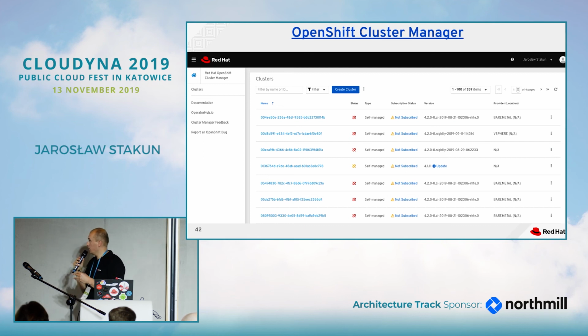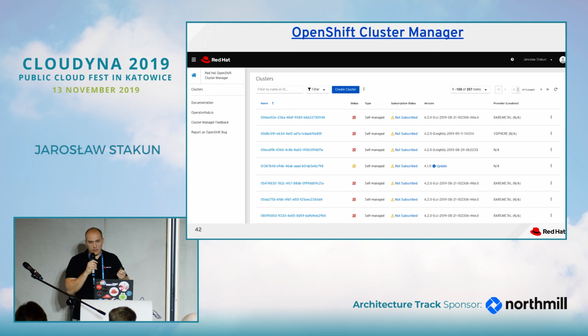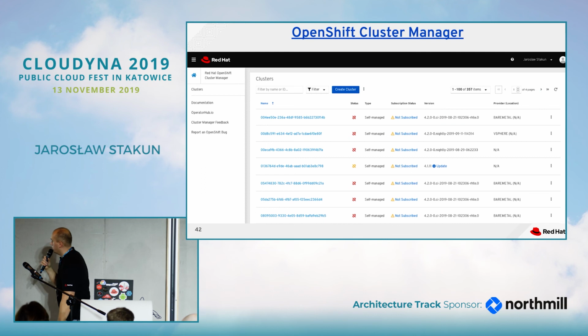With that tool, you can install and upgrade multiple clusters deployed in different public clouds or on-premise from one central console. Currently, this is a software as a service platform, but we are also aiming at porting that platform to be an on-premise platform.